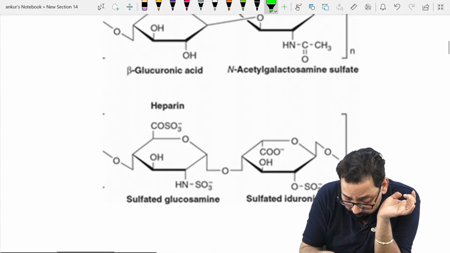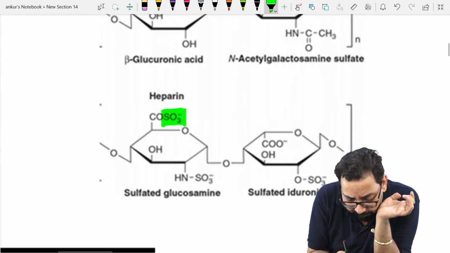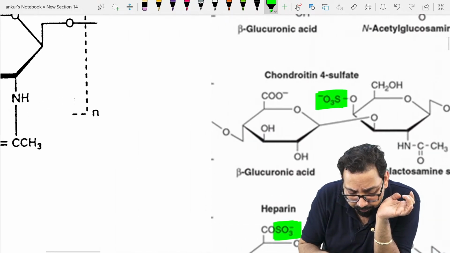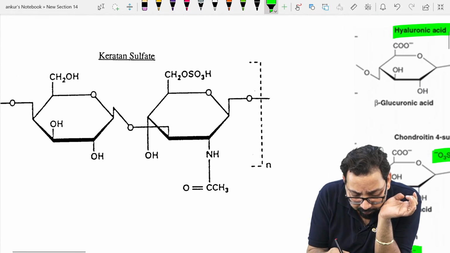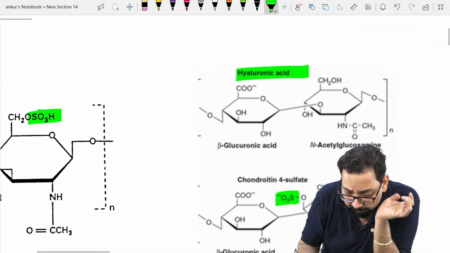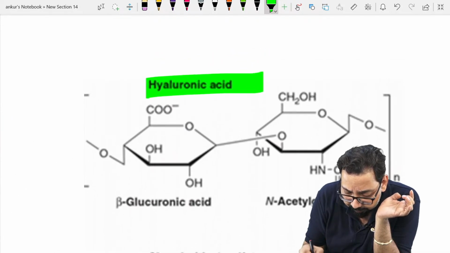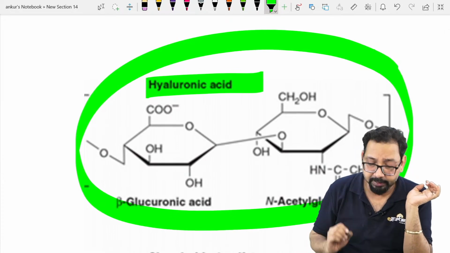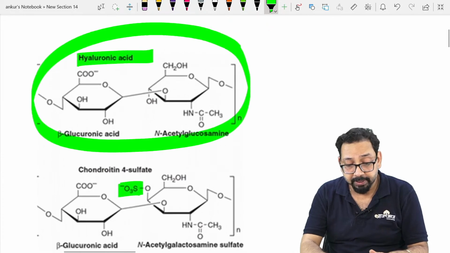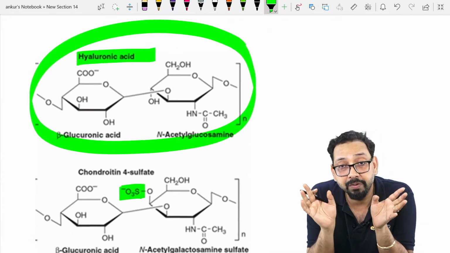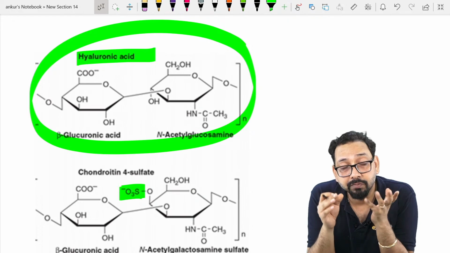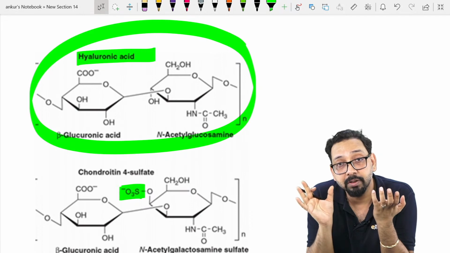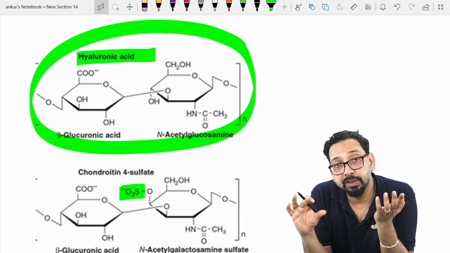If I ask you heparin, sulfate is there. Chondroitin sulfate, sulfate is there. Keratan sulfate, sulfate is there. But if I ask you hyaluronic acid, is there any sulfate? This question has been asked 4-5 times in 20 years: which of the following mucopolysaccharides doesn't have sulfate, a single-liner question and the answer used to be